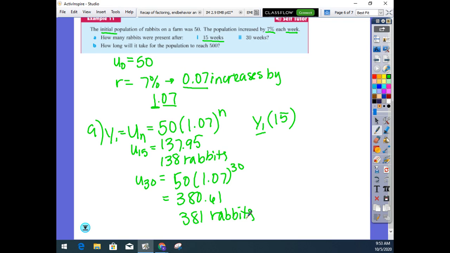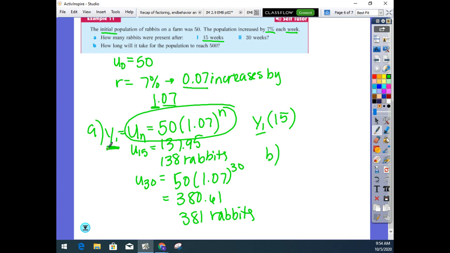All right, for letter B, this is where you can do a couple different ways. This might be a good one to also use the table feature. So if you've got your general equation typed in for Y sub 1, go back to your table. So if you have not changed your table from C, push second window. You want your table setup. I would always start at 1 and change the table increment to equal 1, then push second table,